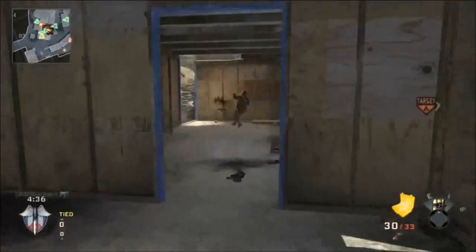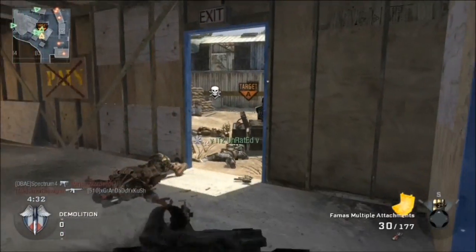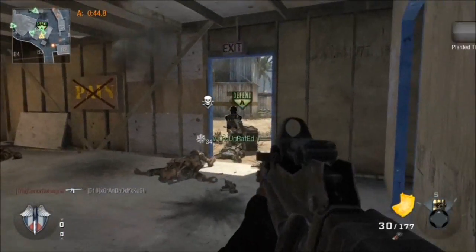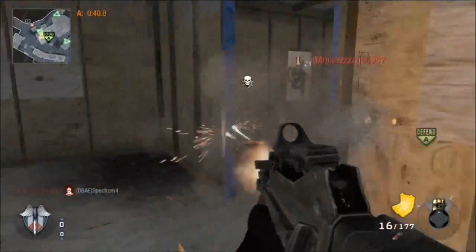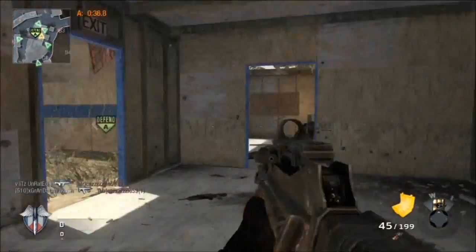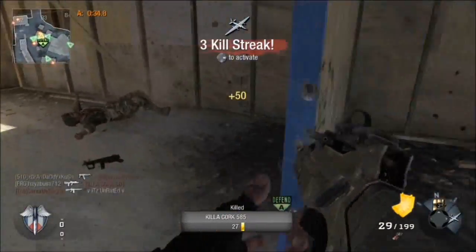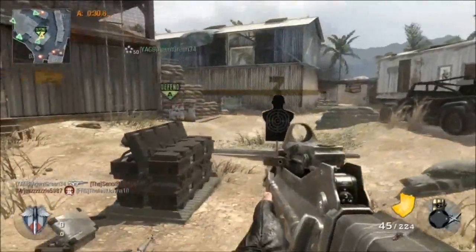And the second perk is Sleight of Hand and Steady Aim, as I said before, just because faster reload is really good, faster ADS is really good from Sleight of Hand, and Steady Aim is really good because of the hip fire, especially in a close quarter situation like right there. I really put a lot of bullets in that guy from the hip fire, and